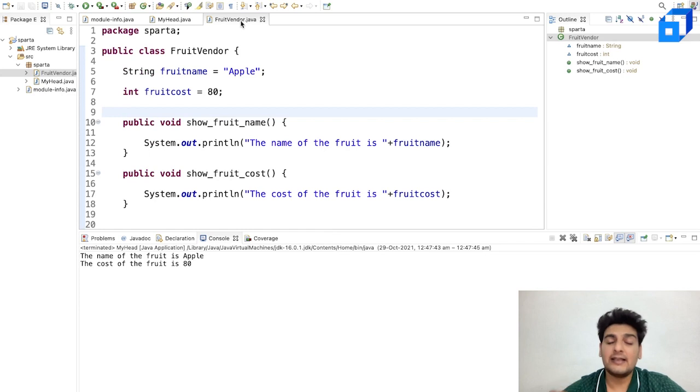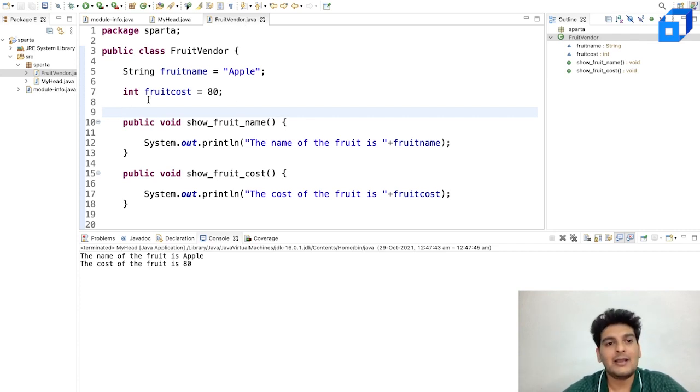So folks, we have successfully created our first class and first object in Java. As simple as this. So here the real world entity is an apple, or you can basically consider fruit to be the class and apple to be the object.